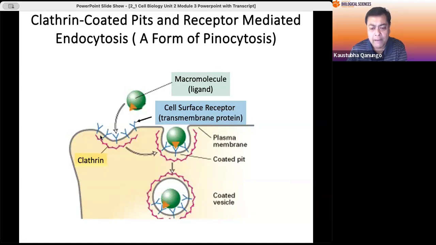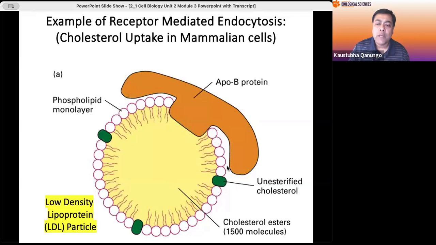So here, on the plasma membrane, you have all these cell surface receptors. When one binds its ligand and it invaginates, it will form a clathrin-coated vesicle and bring it in as an endosome, which will essentially fuse with the lysosome. So we are looking at some specific receptor-mediated endocytosis, how the LDL is moved into the cell from the blood, because